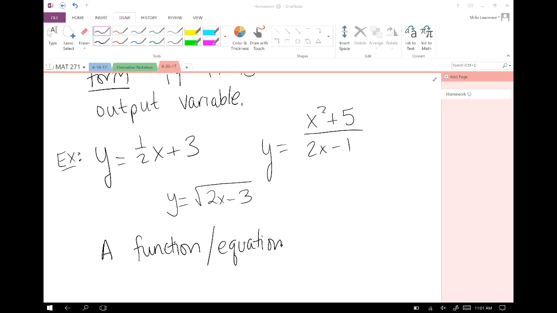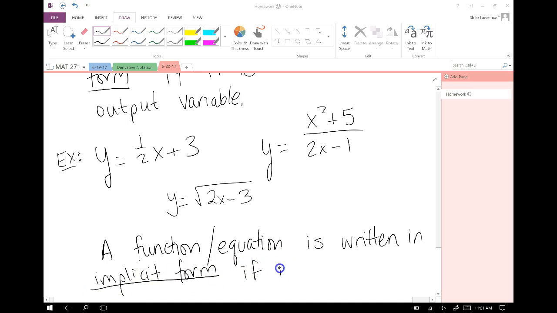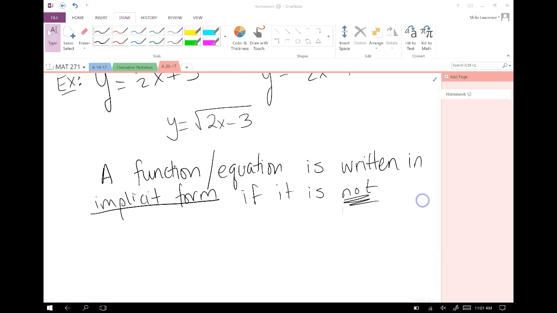So a function or equation is written in implicit form if it is not solved for the output variable. If it says anything other than y equals,